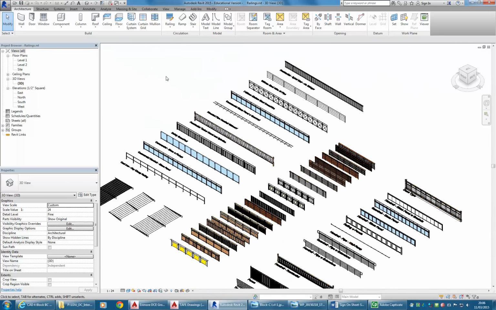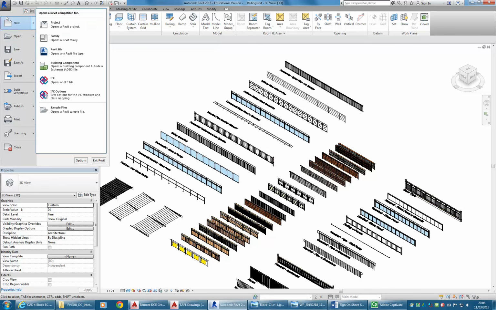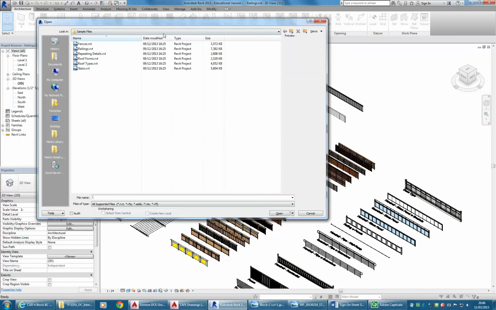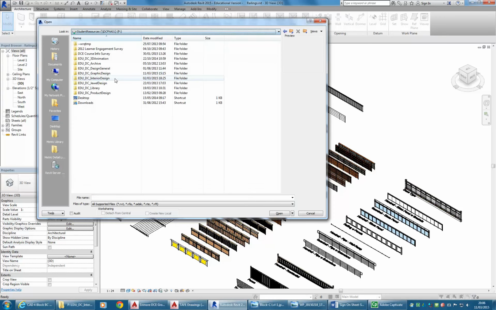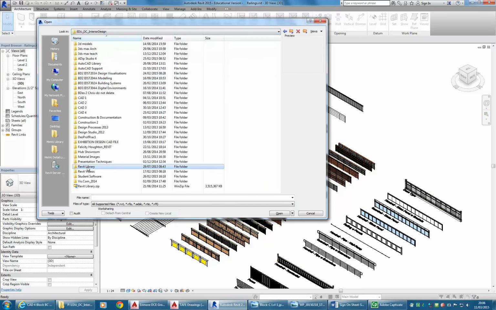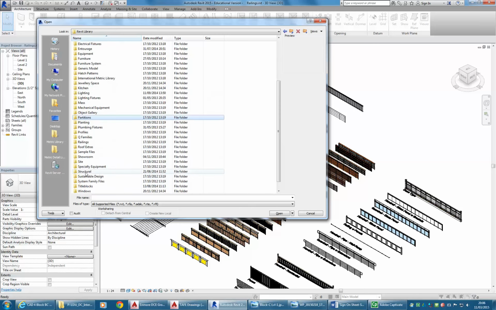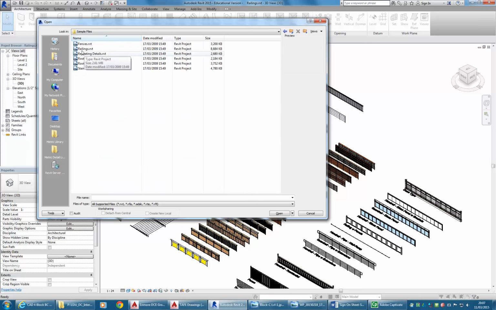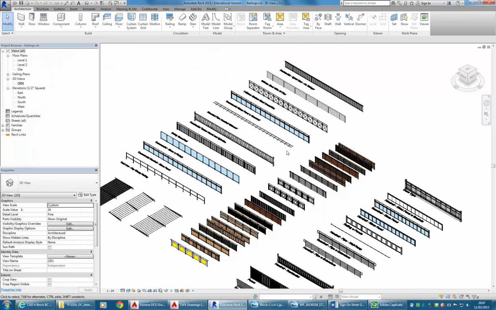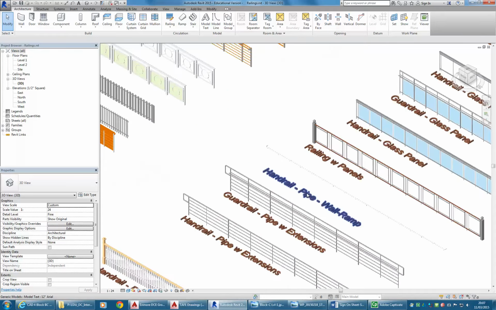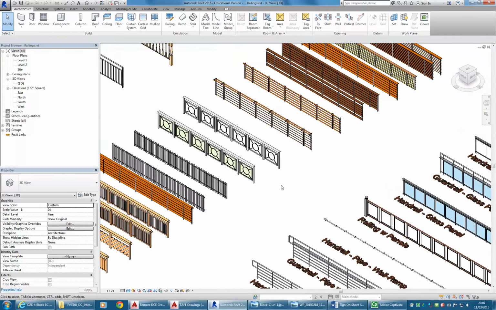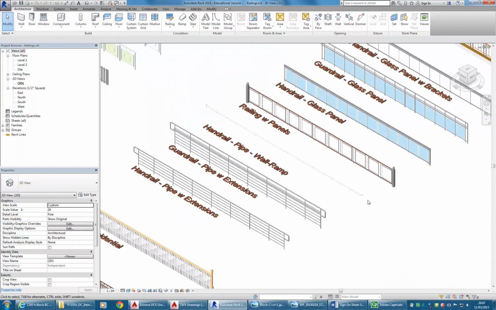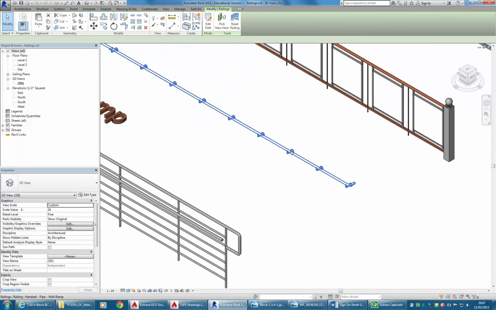I'll just quickly show you, if you want to get the other bigger library of railings, again open, and you just need to browse manually to the P drive and then interior design and Revit library, and you'll find there in sample files in that folder, it's got the same name but it's actually got more in it, the railings file there, and the stairs as well, there's a lot more in it. But I'll cancel that because I have the railing I want in this file, and so any of those wall-mounted railings will do here. This one's pretty good for what I want, so I'm going to select it and then